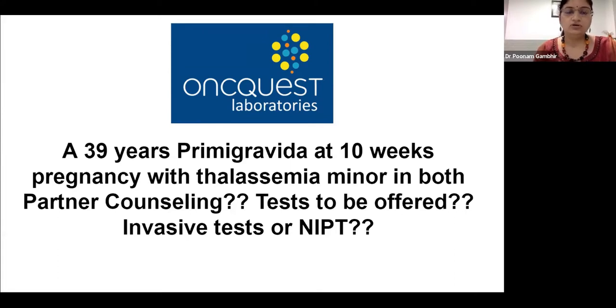So according to the combination of both the high risk for aneuploidy as well as for the single gene disorder, that is thalassemia, what is recommended by guidelines is we should offer them an invasive test. Because she's at 10 weeks, we'll go for an NT/NB scan,